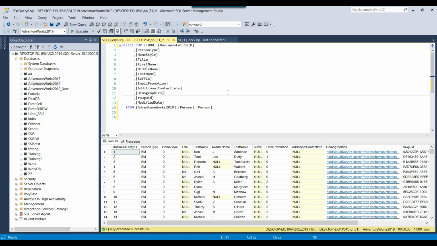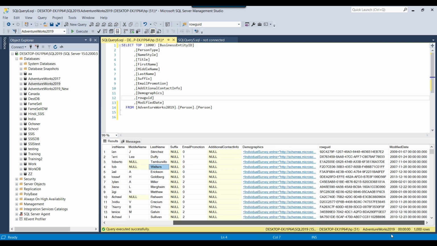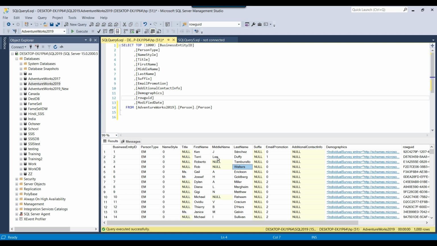I have the SQL Server instance here and the AdventureWorks database, in which we will be using the Person.Person table to find the duplicate records. It contains several columns like BusinessEntityID, FirstName, LastName and other columns as well. Suppose I want to check for duplicate records based on the first name and the last name. How can I do that?